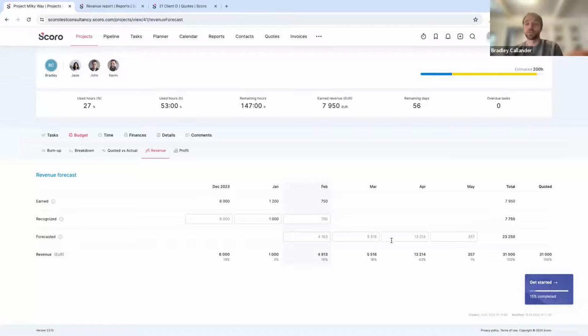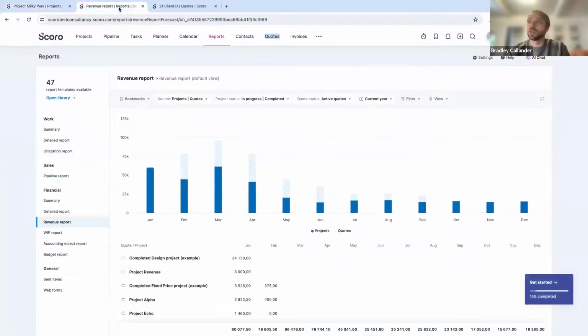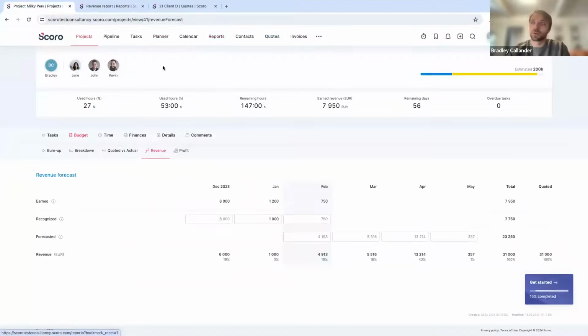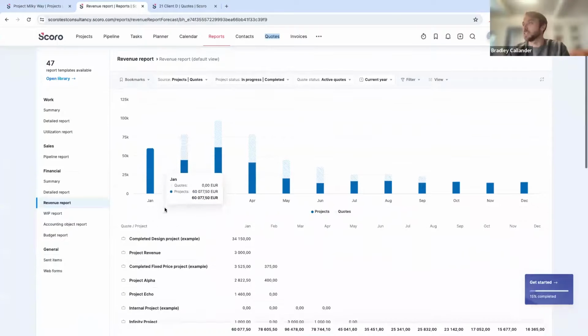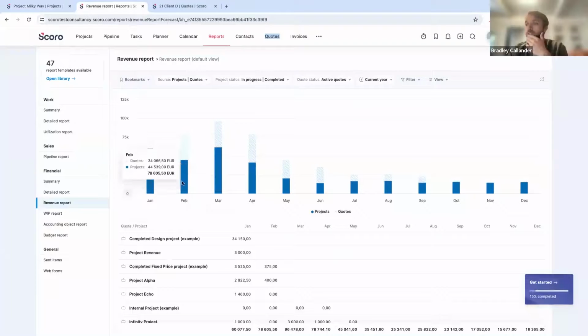But where this really gets valuable is where we aggregate that into our entire environment and how we can look at the entire space. So if I look at our revenue report here, and I've opened a different tab, but it's just navigating through this reports button right here, we can actually see this information in aggregate across the entire Scoro environment. So in here, we can see what was earned in January. We can see what we will be doing in February, March, April